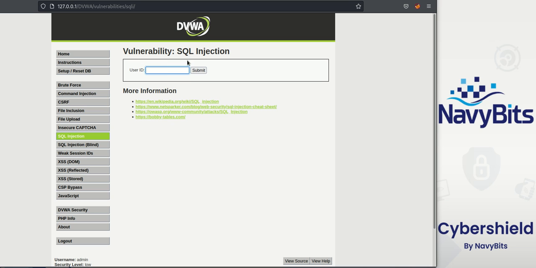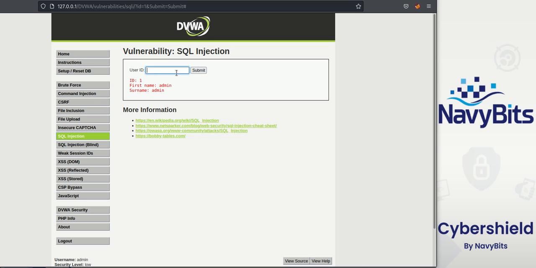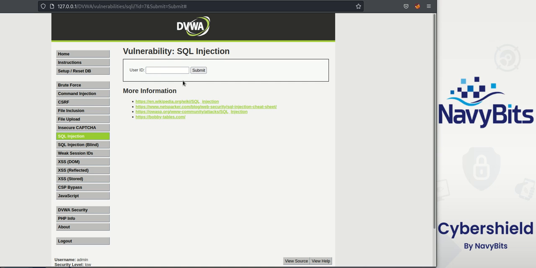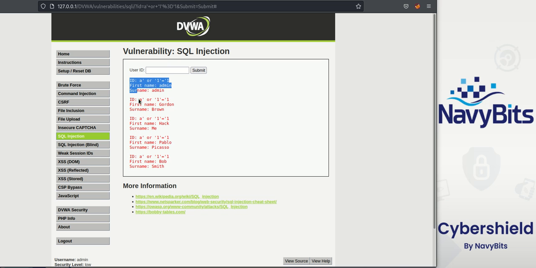So let's start. First of all, I will check what this field is. So, user ID, I think it's in numbers. So we have username, first name, password. We have Bob Smith. We have multiple fields. Okay, I'll check if this is vulnerable, so I can put any value which is always wrong or a value which is always true. 1 is always equal to 1. And here we go. This field is vulnerable to SQL injection,